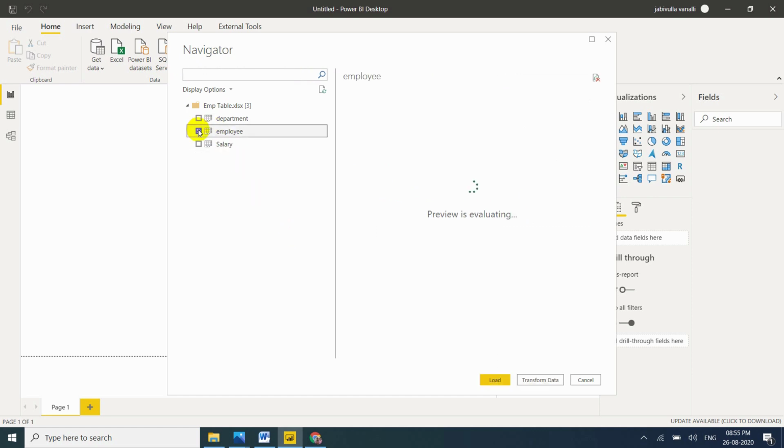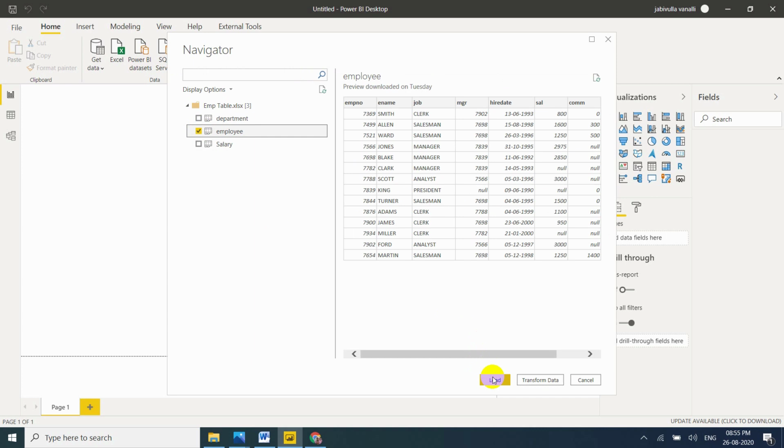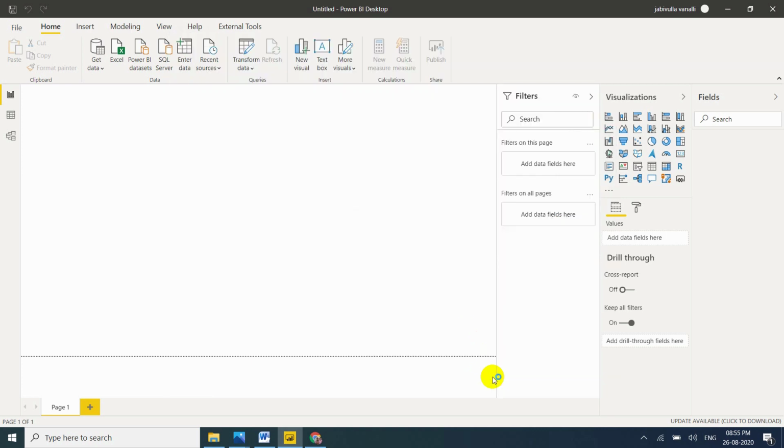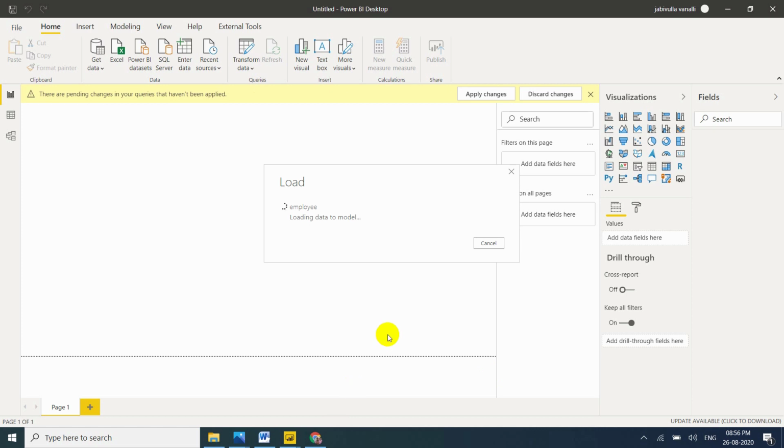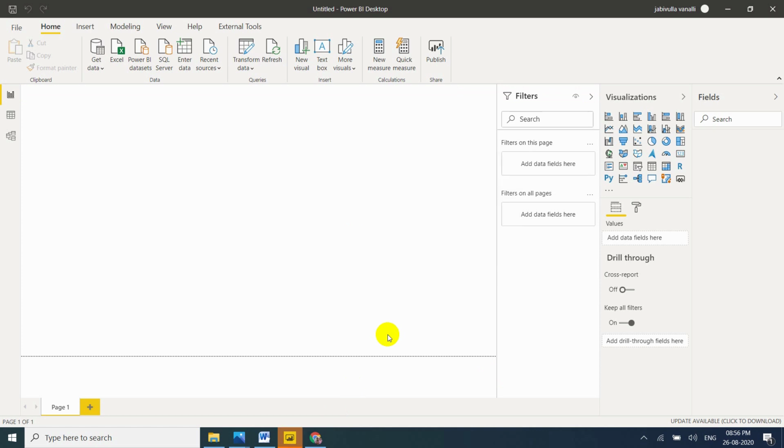I'm taking the employee table. Let me click on load. Okay, my table is loaded into Power BI Desktop in memory.